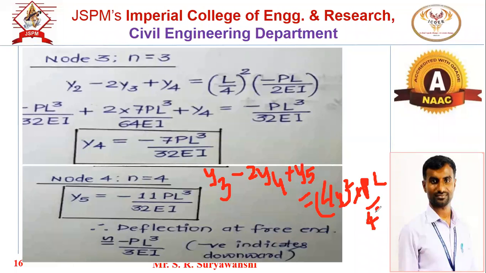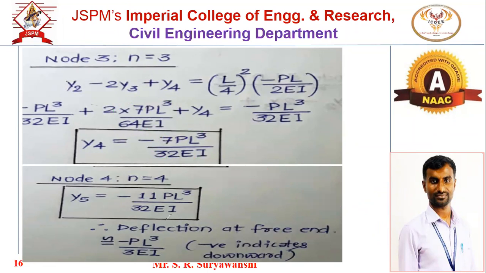Now, if you see this equation, we are having the value of y3. This is y3 value, isn't it? Put this value of y3 here. Then value of y4 we are having. This is the value of y4. We just have to simplify. So this finite difference method is just about the simplification of the linear equation in case of the cantilever. Now put these two values in this equation. This is the linear equation having single unknown, you will get the value of y5 as minus 11 by 32 PL cube by EI.